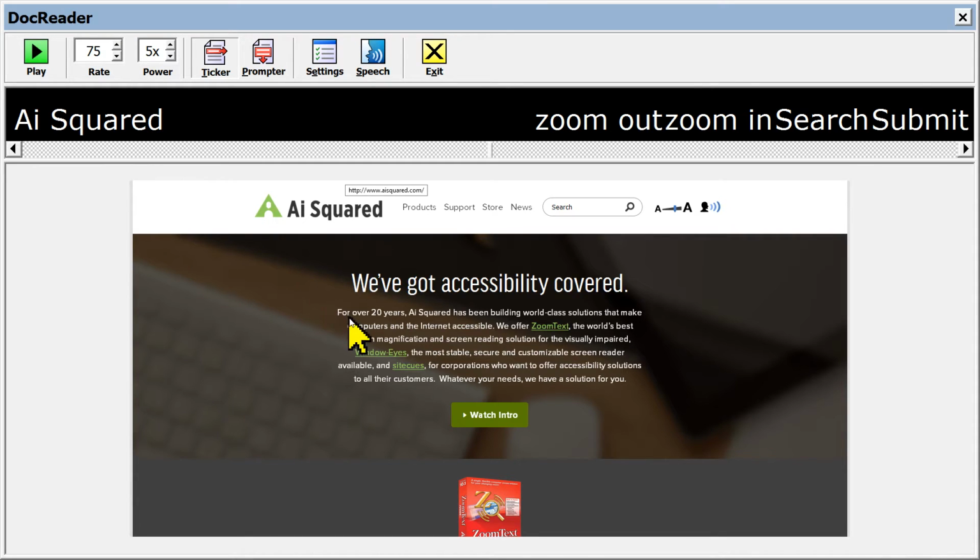And you notice it started reading. And right now I have no idea where we are. But I do know that there's text here. If I click on it,